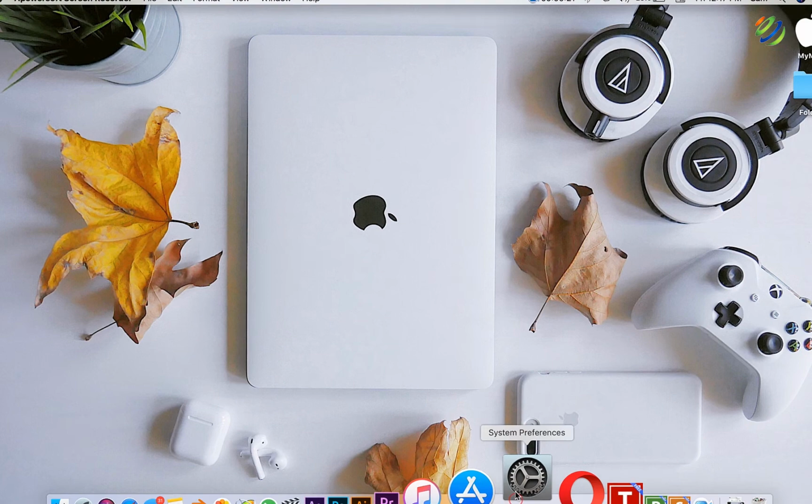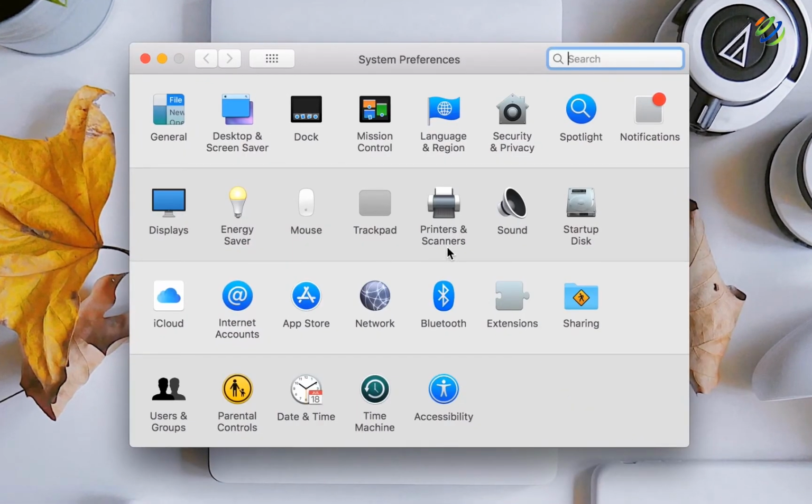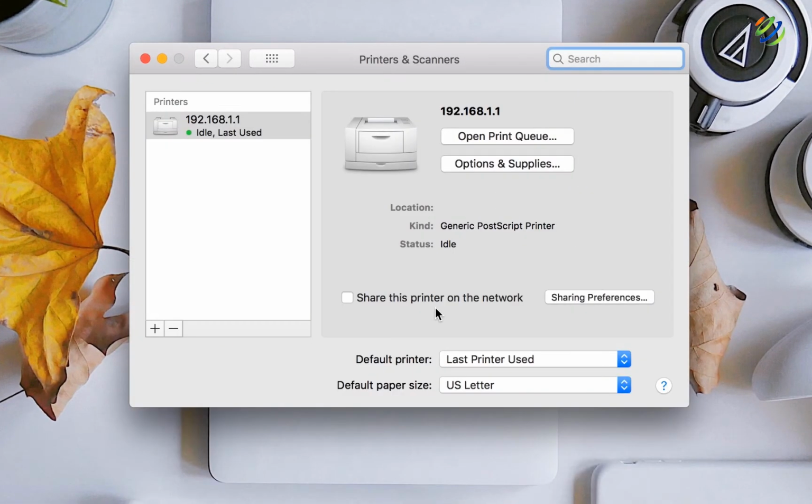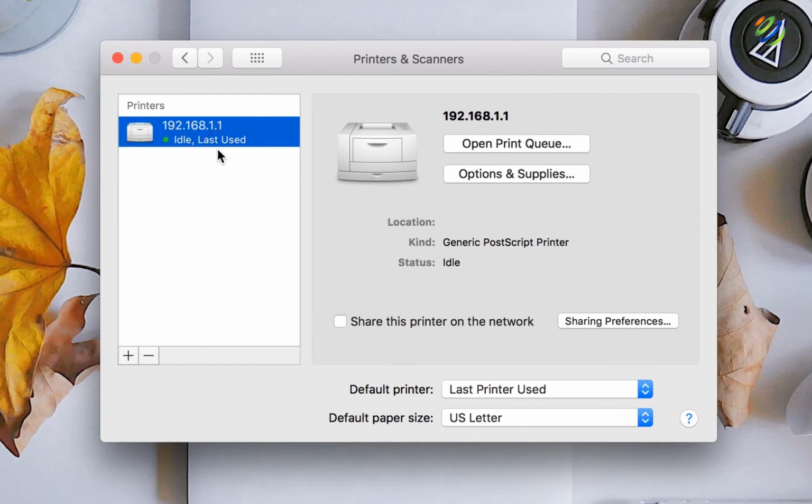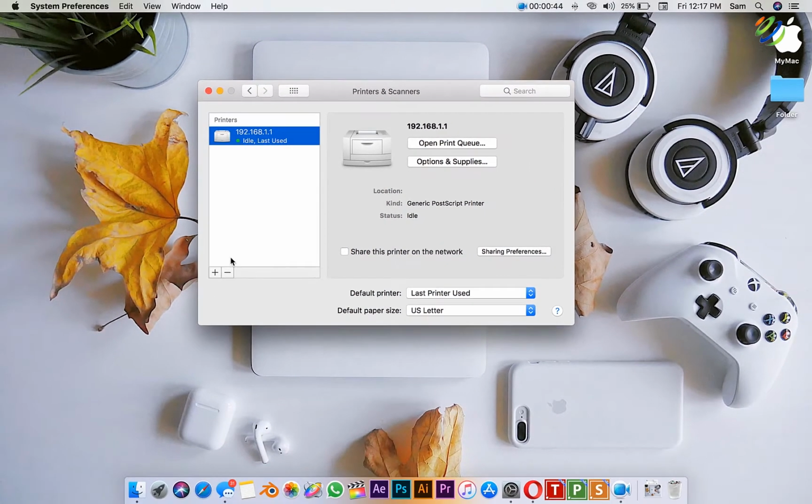Go to the System Preferences, and from here go to Printers and Scanner. You can select multiple printers and create a printer pool. You can then select this pool from the print dialog in Applications instead of your individual printers. And if one printer is in use, your Mac will automatically send the document to one that is free instead, so you don't need to wait.